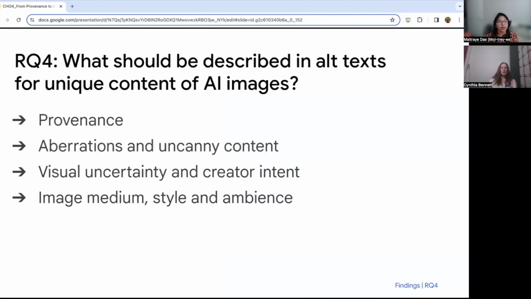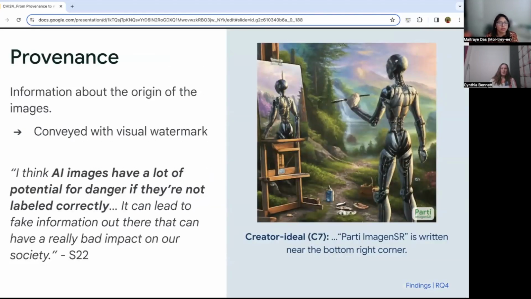Next, in RQ4, we asked what information should be described in alt text for AI images. We want to emphasize that most of the existing guidelines and best practices for alt text of traditional images still apply to AI-generated images, but here we were curious about what information is particularly important to capture the unique aspects of AI images that are less common in other kinds of images. So we found 4 factors that shaped information needs in alt text for AI images, and we'll describe the first 3 of those. So first, we found that several participants wanted to access information about the origin of the images,